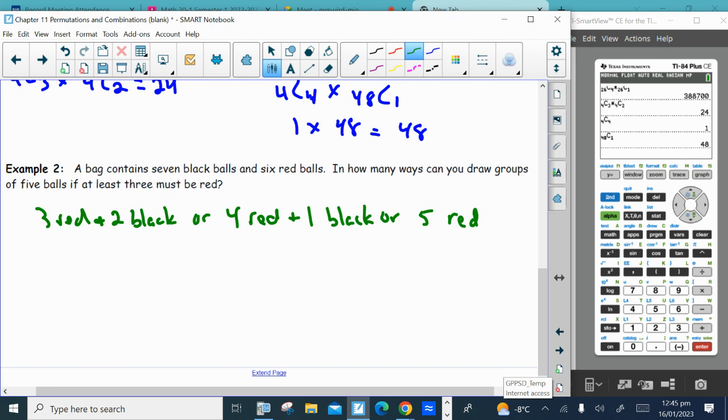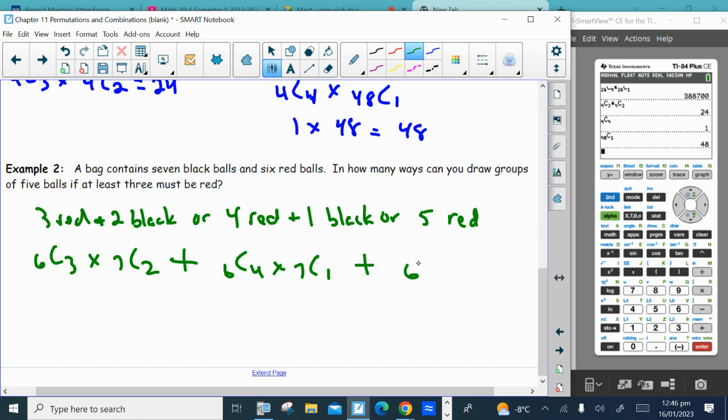Each of these scenarios represents at least 3 red. At least means that many or more. So you're going to select 3 red from the 6 that are there. And again, order doesn't matter, so it's just combinations. Remember, the word and means to multiply, so you're going to multiply that by 7C2, because that's the number of ways you can get 2 black balls from 7. Remember, or means to add. 4 red would be 6C4, and 1 black would be 7C1,